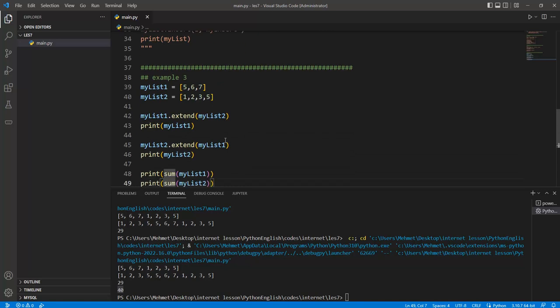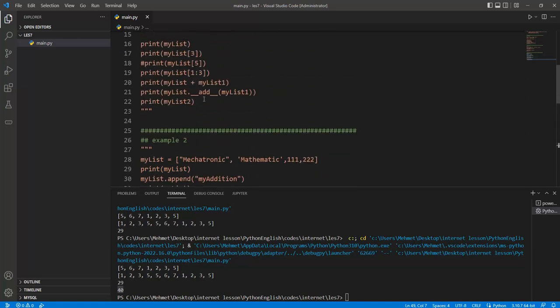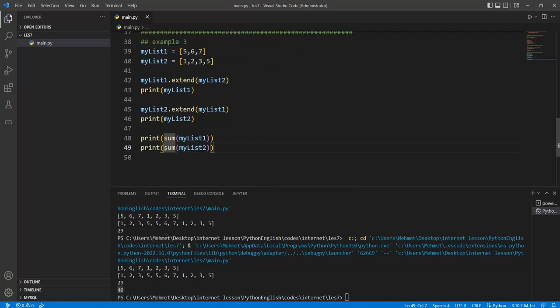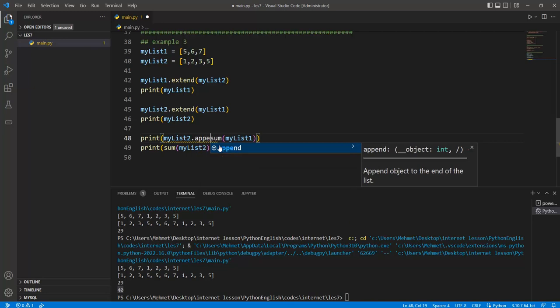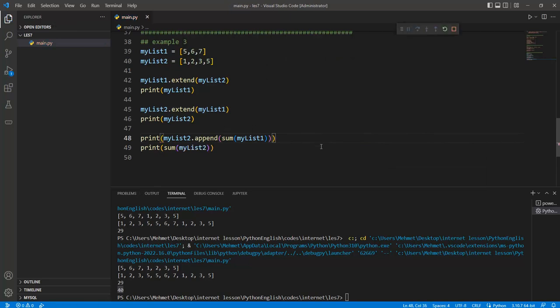or we can add or append this information to the sum of my list here, and my list 2 can be added with the summation value of my list 1, like this. And if I run this code, and then